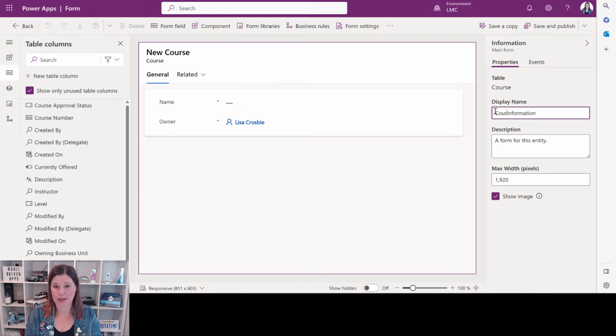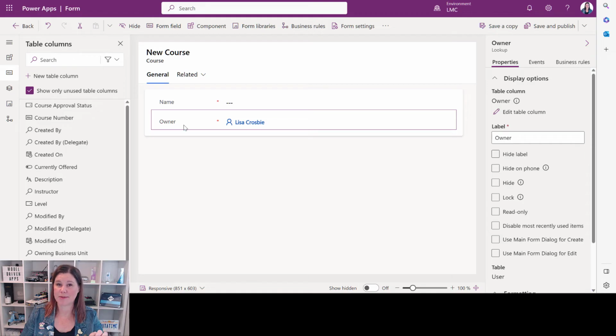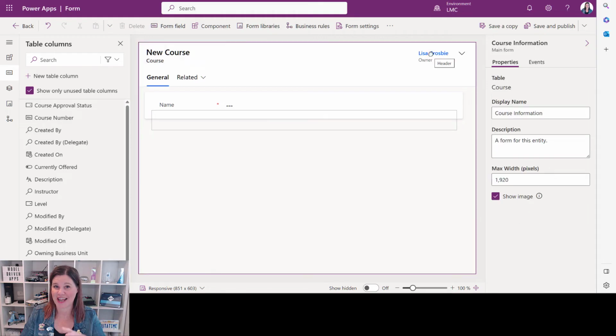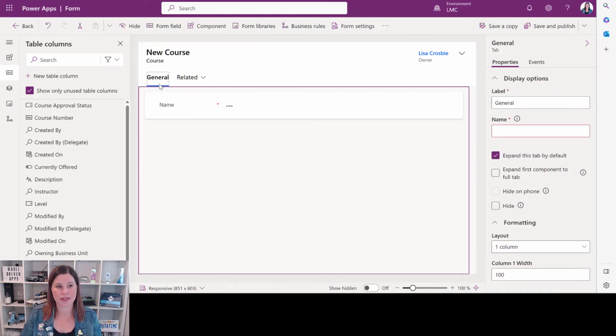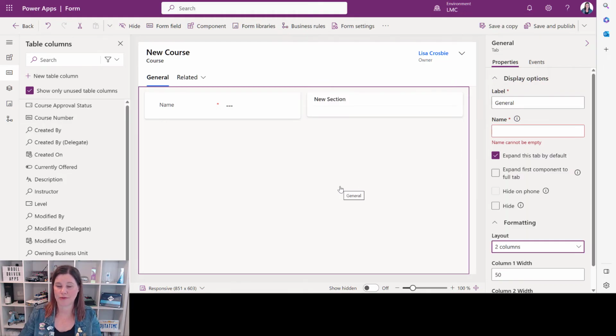First thing I might want to do here is give the form a different name. And I'm going to take the owner. This is part of the security model of what's going on in the application, who owns this and therefore who else can see it. But I don't want it sitting there. I can drag that up into the top section here. There's actually a little header at the top. I'm also going to change the layout here. So this is a tab on the screen. I've got my general tab, and I want this one to have a different layout. So I'm going to change this to have a 2-column layout so that I can fit some more things on